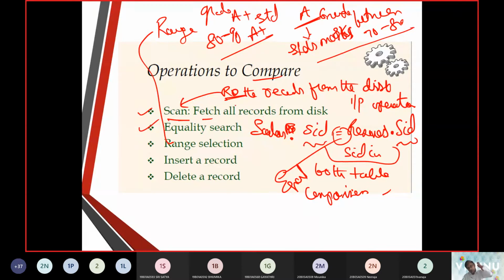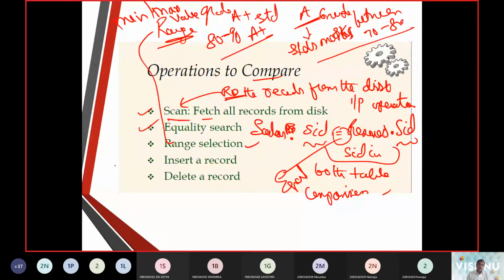Now what is a range here? A range fixes either a minimum value or a maximum value.